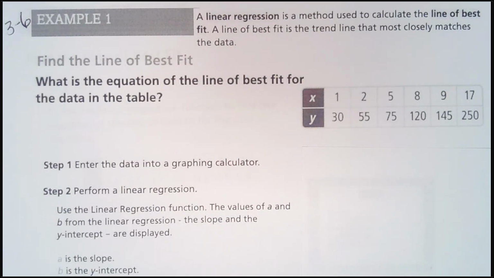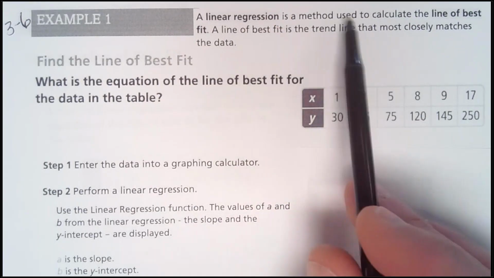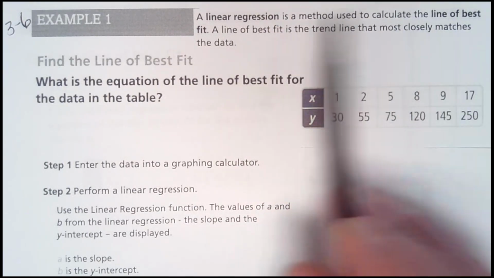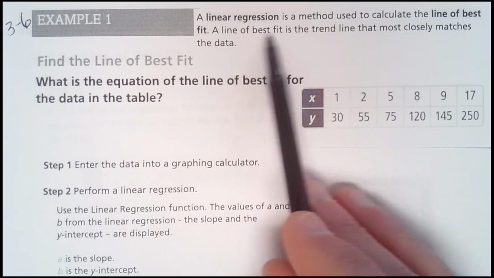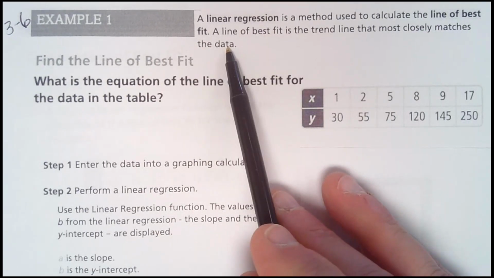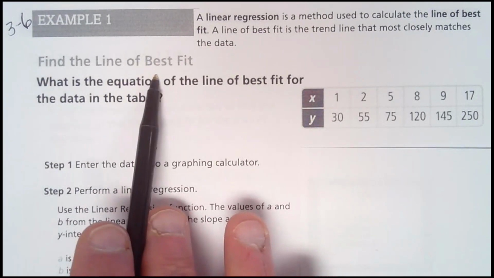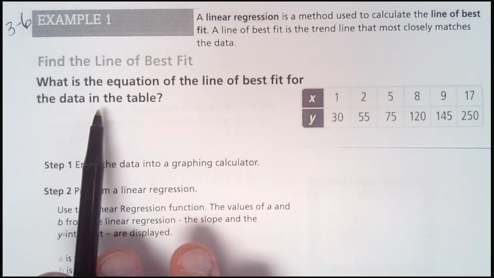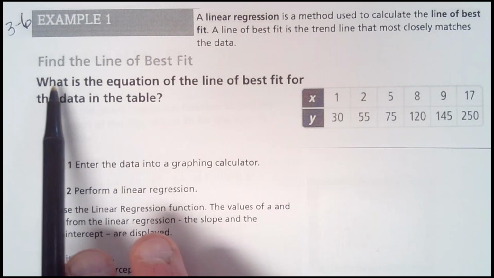Welcome to Lesson 3-6, Example 1. A linear regression is a method used to calculate the line of best fit. The line of best fit is the trend line that most closely matches the data. In order to find the line of best fit, we need to